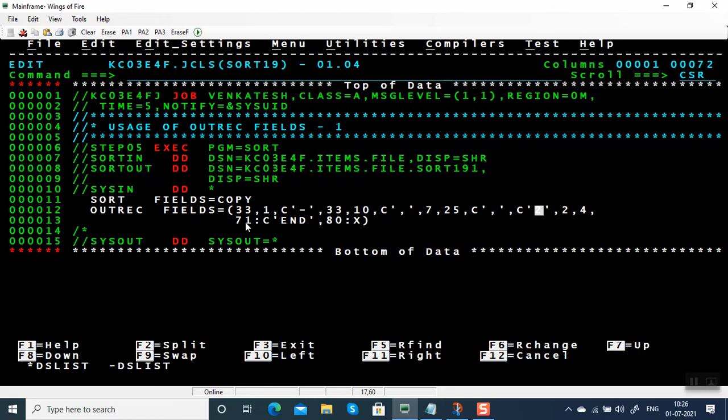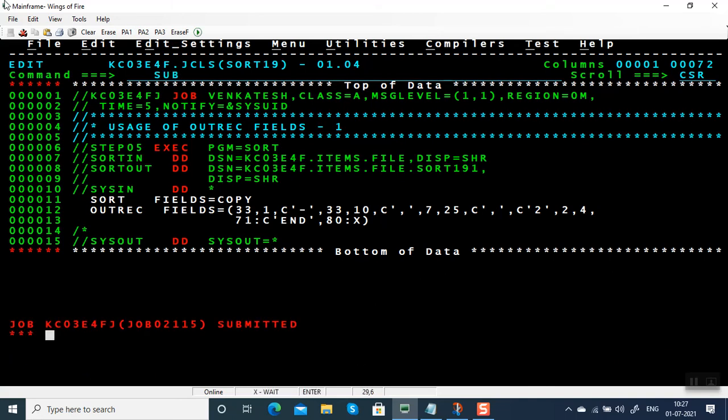And then we're adding a string end in 71st column. You can add any number of strings, any number of times. You can increase the length also, and then adding a space at the end. Remember, whatever column number you give before colon denotes column number in output file. Suppose if you have inrec fields, all these column numbers whatever you are mentioning should be referring to the temporary file, not the input file, because inrec fields is going to work before sort fields, and it is going to reformat the data. Let's submit this and then create the output.